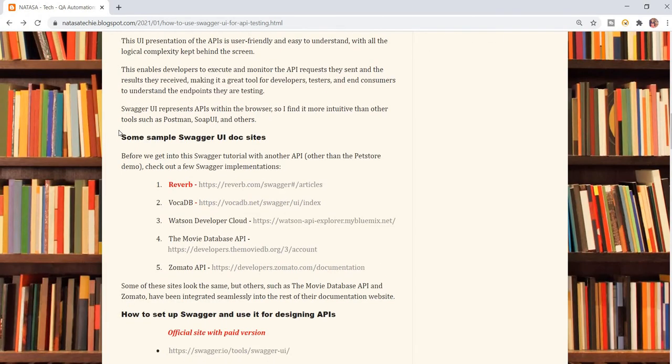Now I'm going to tell you some sample Swagger UI document sites for starting to practice API testing. Here I have just five different types of Swagger UI: Reverb, VocaDB, Watson Developer Cloud, The Movie Database API and Zomato API.